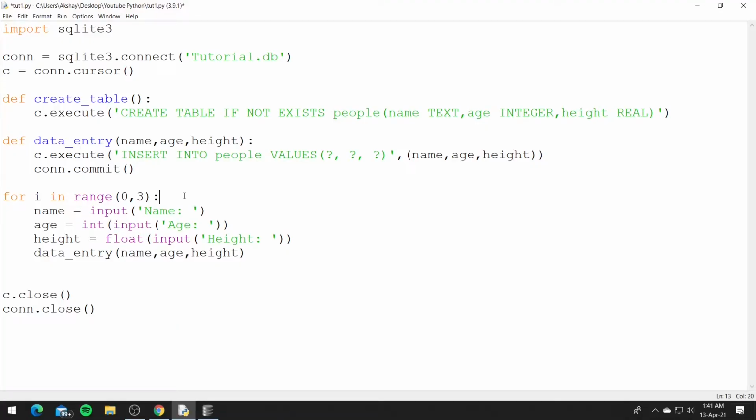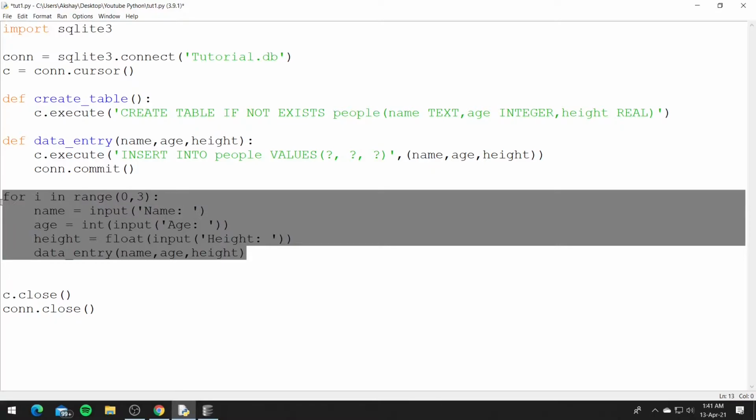So in the previous tutorial we looked at how we can use user input or variables to insert data into the database, and we also separated SQL queries with the help of functions. So in this tutorial we'll look at how to get data back from the database. So let's get started, and we also don't need this for loop, so we'll remove it